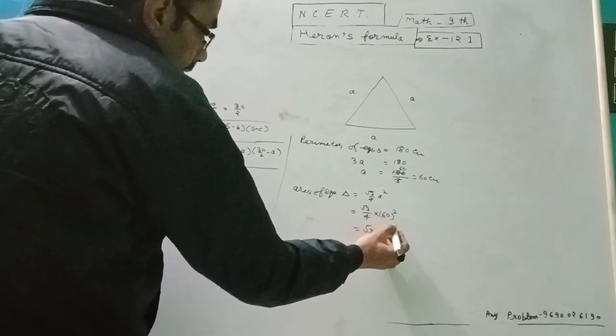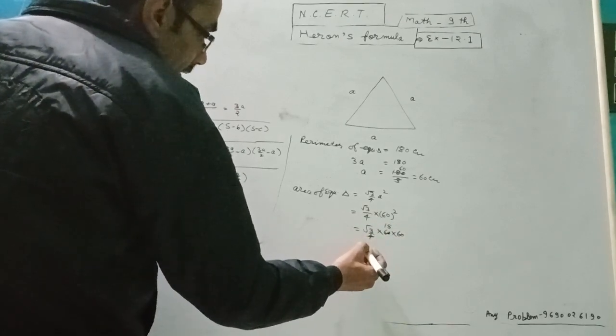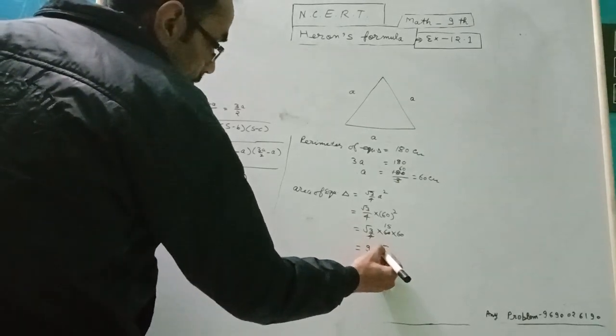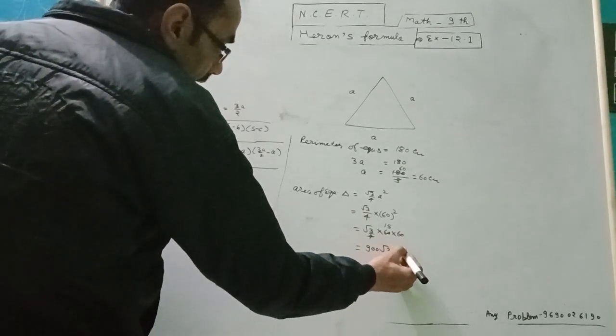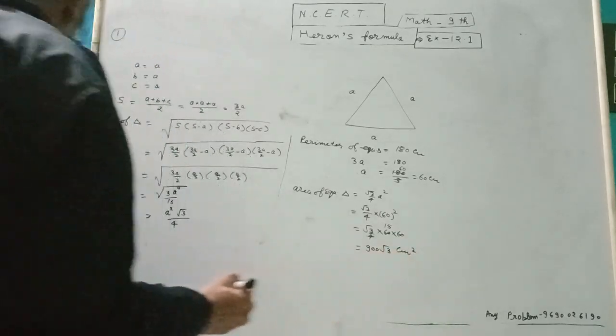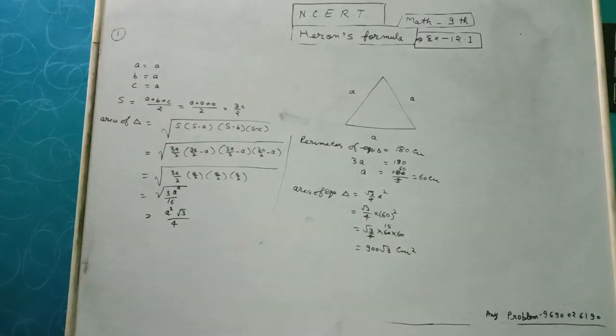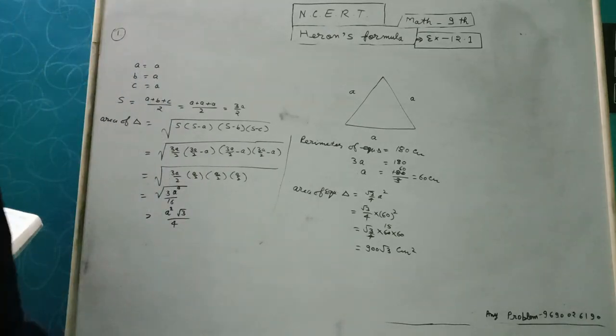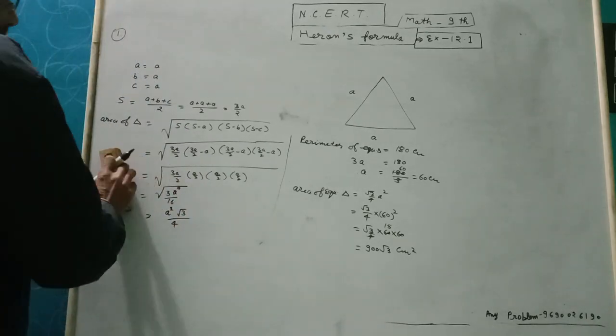After dividing and multiplying, 900 under root 3 centimeter square is the area of the equilateral triangle. Question number 2 is